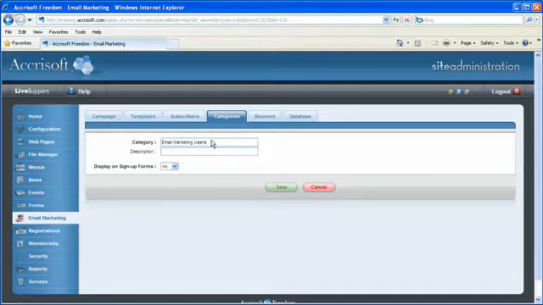If you want, you can fill in a more detailed description in the description field. So I'll put in users as of 2/26/2010. And then display on sign-up forms is for this category to appear on your website sign-up form. Remember, on the United We Stand site, when I signed up, I chose newsletter from the drop-down list. If I add this category to appear on sign-up forms and save it,